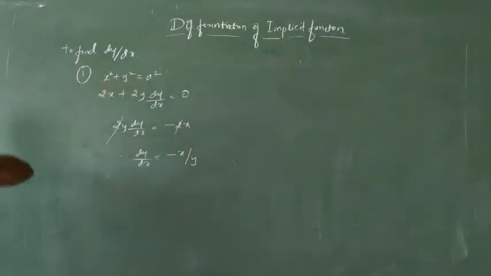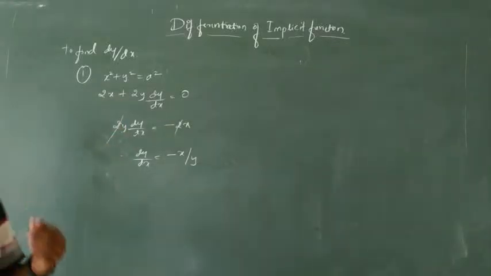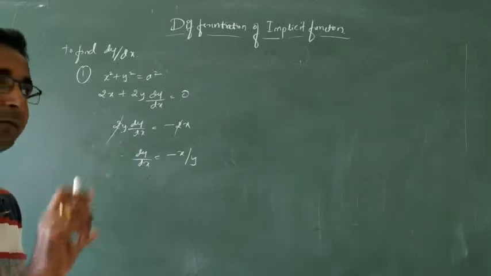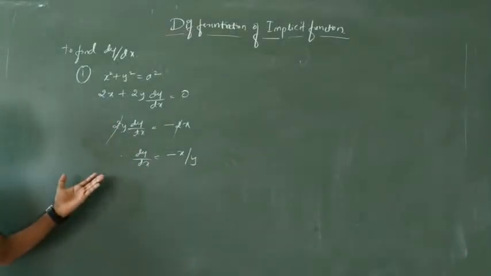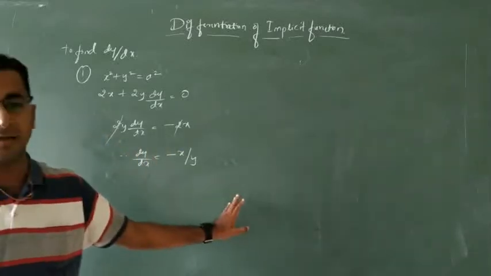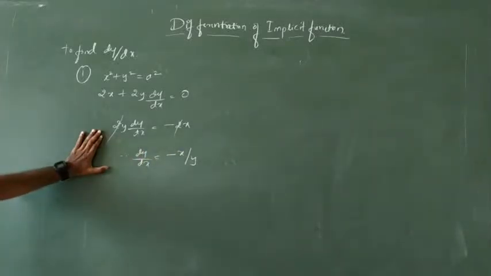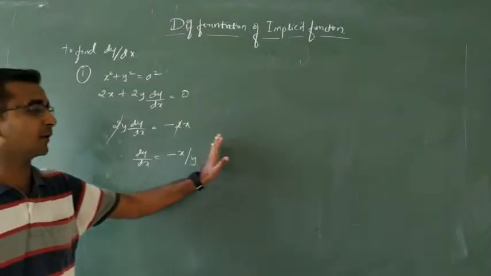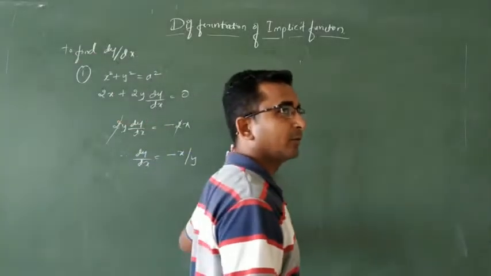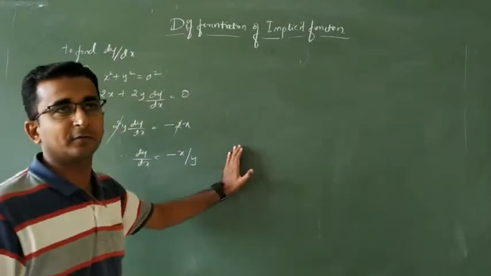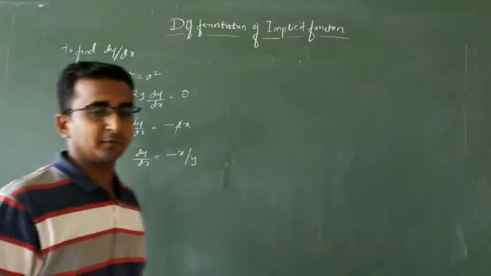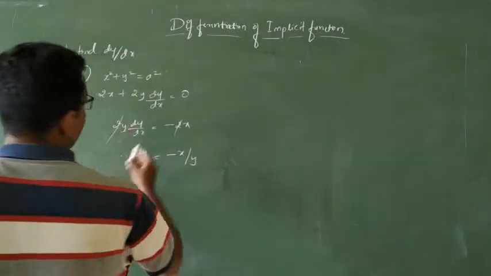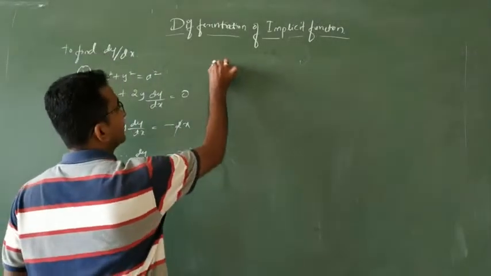So very simple. The way we decide an implicit function is that they express the x and y terms in one function and we should differentiate with respect to x and take dy by dx to one side and others to the RHS. You should take dy by dx to one side, and whatever remains, you should take to the RHS side. So this is nothing but your implicit function. Got it? Okay. So implicit differentiation of the implicit function. One more example I am going to take here. The second example.